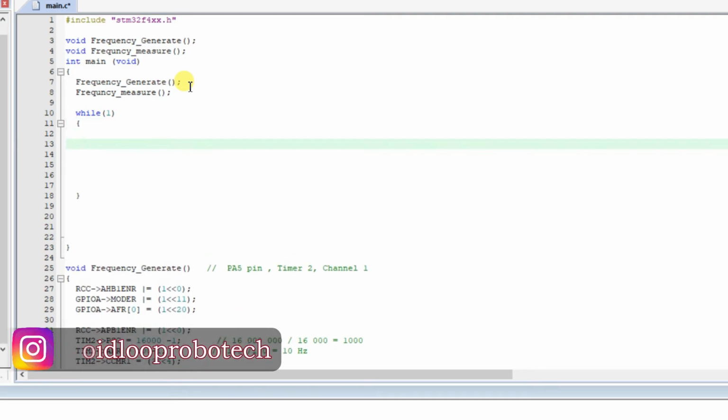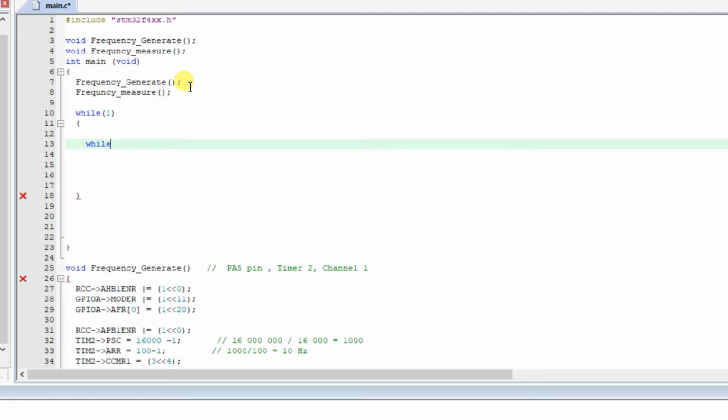And again a while loop. I will check here. It will wait here until the edge is captured. Okay, so if the frequency is captured, meaning the edge is captured, then it will move forward to another line, right?